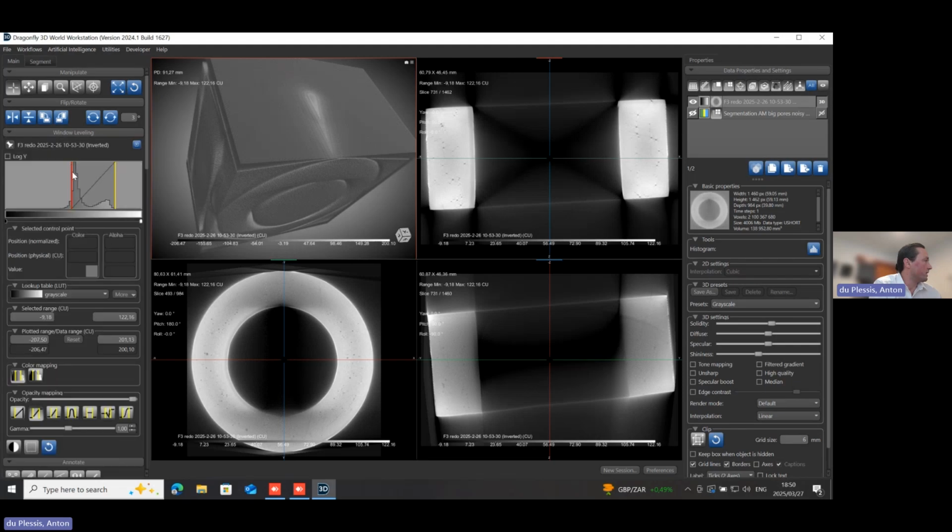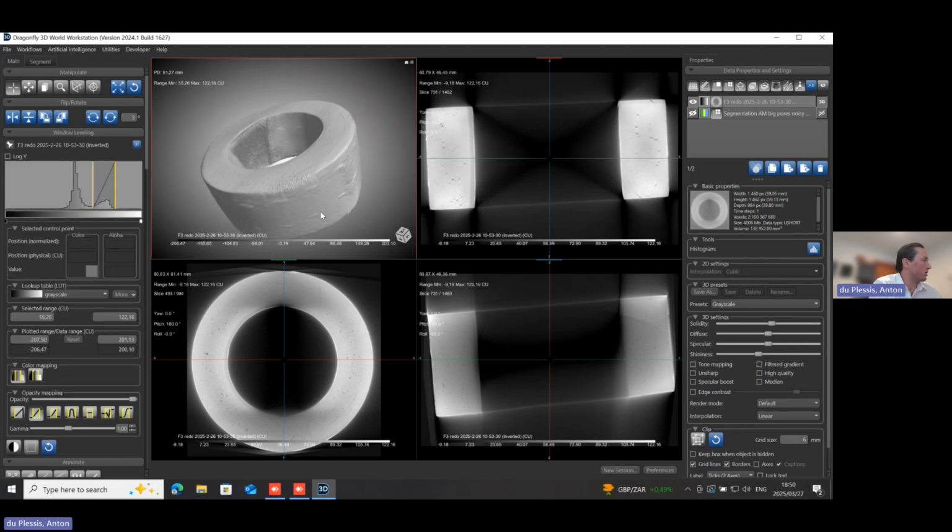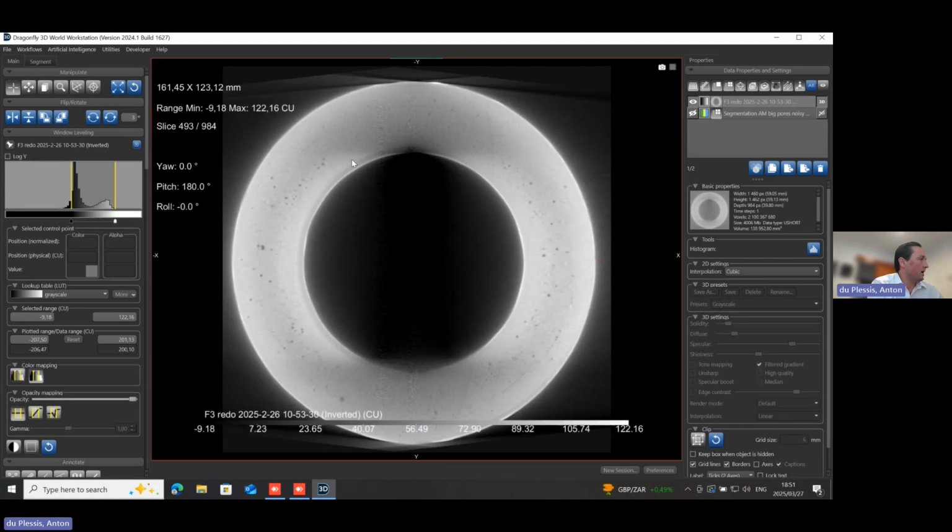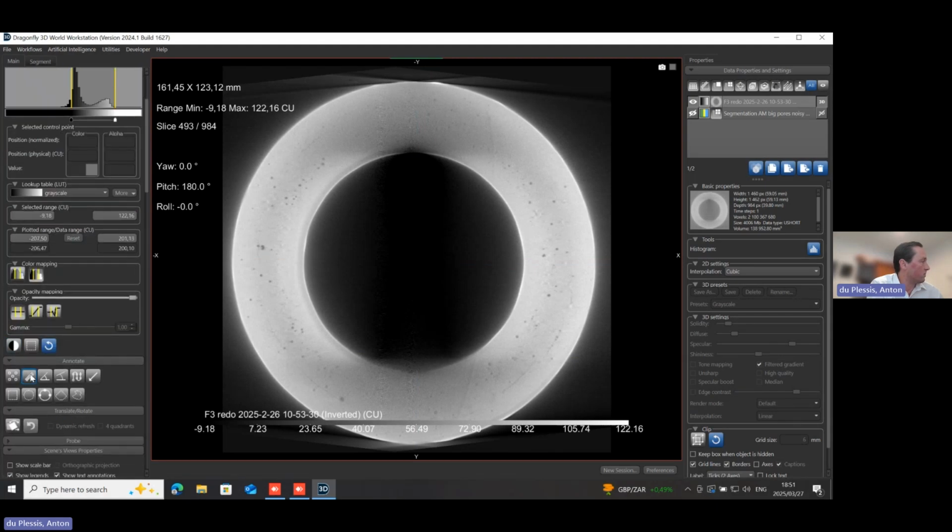So in this case, I'm just going to show you the data. This is what it looks like. It's a ring object, and if you have a look, there's a lot of bright and dark streaks in the data. Basically, the metal is too dense and there weren't enough X-rays, so you get these really ugly artifacts in the images. And you do see porosity, but there's quite serious grayscale differences across the image.